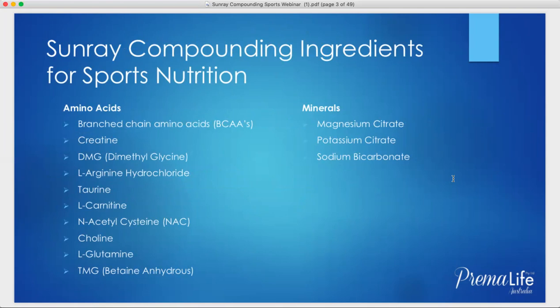In the compounding ingredients for sports nutrition, we've narrowed it down to this narrow range of products tonight because, time permitting, there is certainly a lot more than that. So we're going to go over the BCAAs, creatine, dimethylglycine. Dimethylglycine was the major dipeptide that I put in that original formula for that lady with cachexia, and I'm still a massive fan of dimethylglycine. Dimethylglycine can break down to glycine, as we know that glycine is actually a very nice, generally semi-sweet amino acid. It's particularly good for the stomach and upper digestion. The production of glycine is important to the production of glutathione, and as I said, DMG is a major